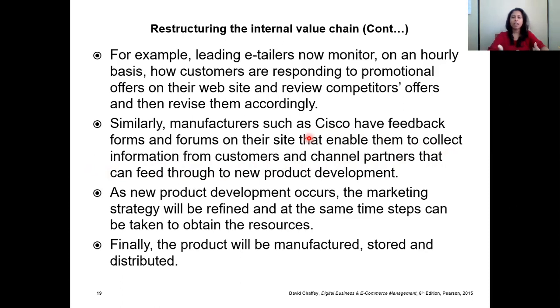Where IT products and network solutions and those kinds of technical nature products and services are being provided by Cisco. So they have their feedback forms and forums on their own e-commerce site, on their own website. And this helps them to collect information from Cisco's customers and different channel partners that can feed through to new